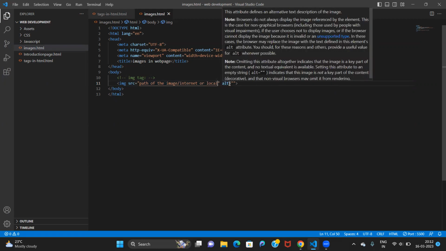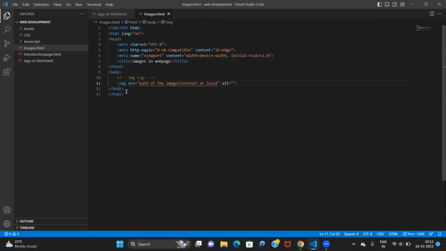Okay, now this is alt. This is also an attribute of the image. Okay, so what does alt mean? Alternate. Here we are going to write alternate text. Okay, here we are going to write alternate text